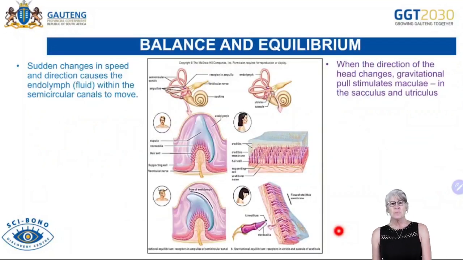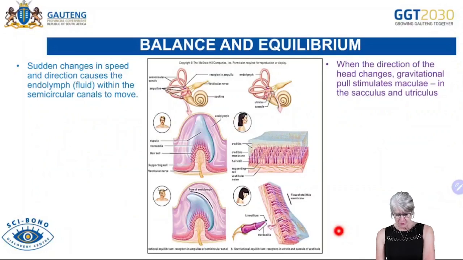All right, now balance and equilibrium. Balance and equilibrium basically keeps us from falling over when we walk around, run around, jump, sit down, or stand up. Okay, so balance and equilibrium is when our head, or the position or the speed and direction in which our head is traveling or moving, stimulates